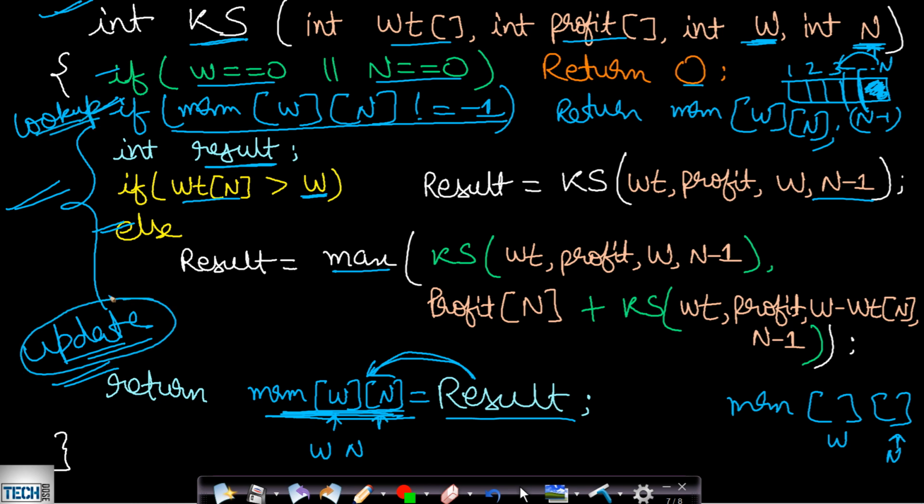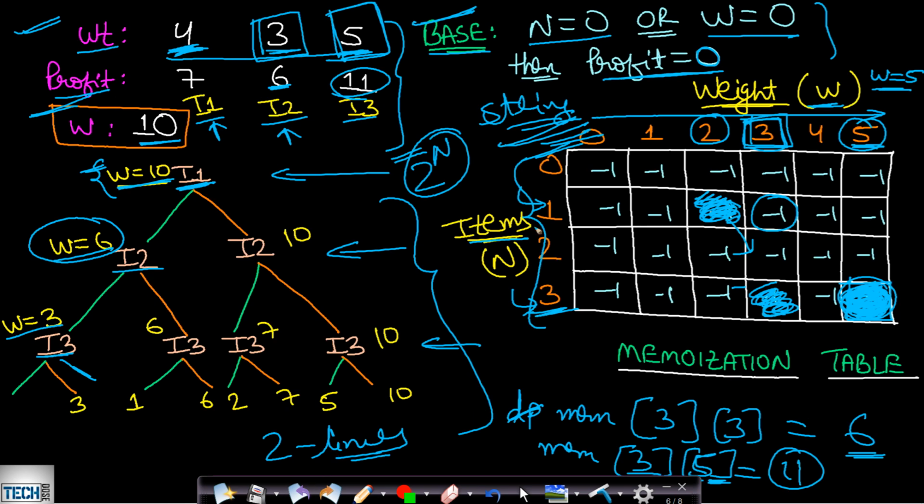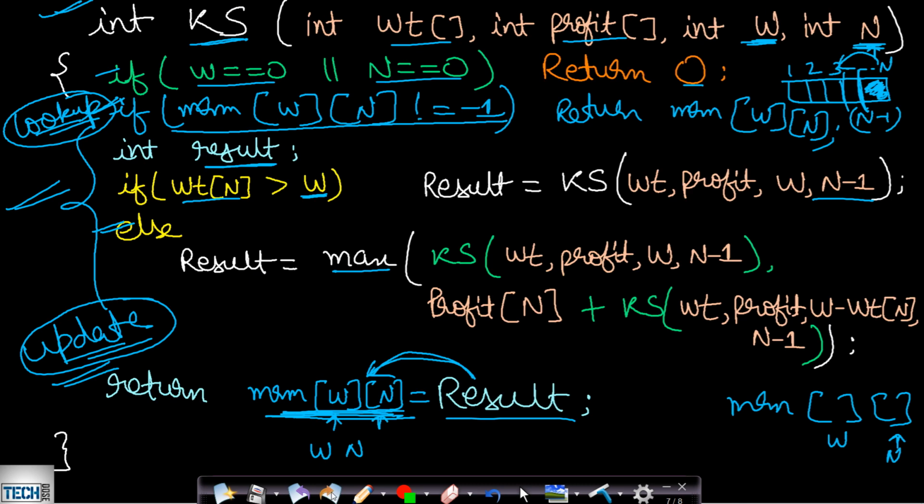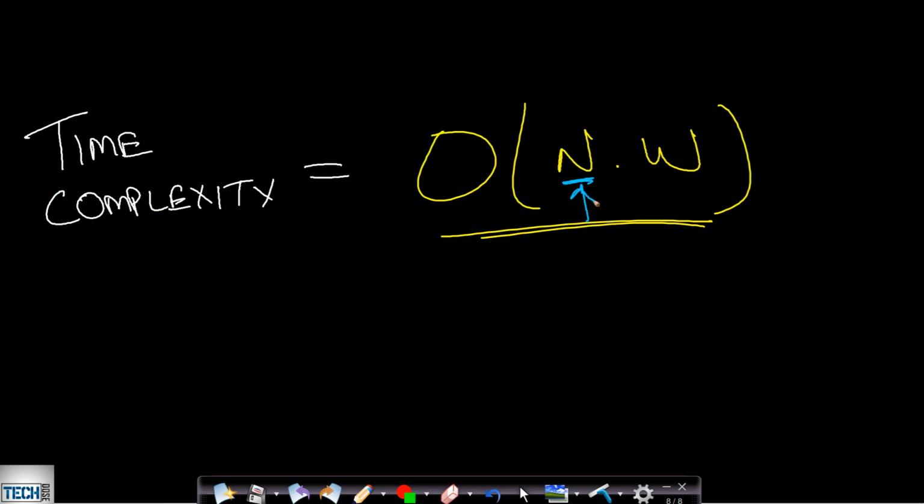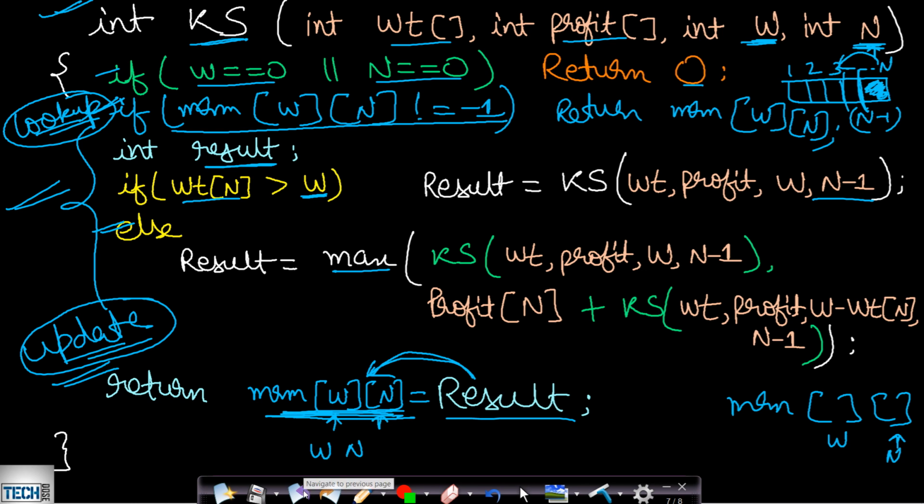So these two operations together will improve your time complexity. And what will that be? It will be equal to order of your table size. In this case, the table size will be equal to N into W, where W is the capacity of the entire bag and N is the number of items. So this is for our knapsack problem, that is the 01 knapsack problem. I hope you were able to understand why we use memoization and what advantage we get if we use memoization in combination with recursion. So this is as good as using this DP.